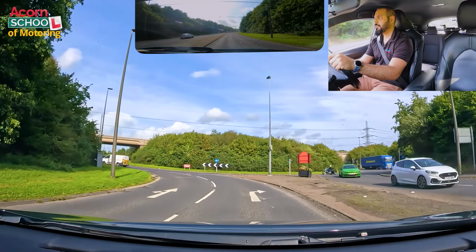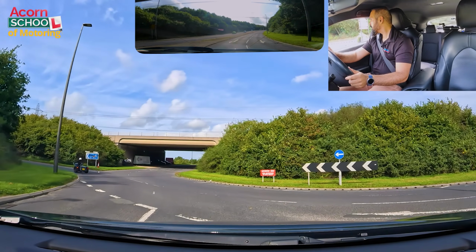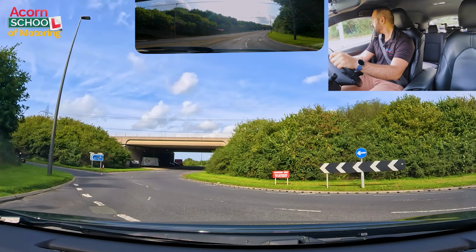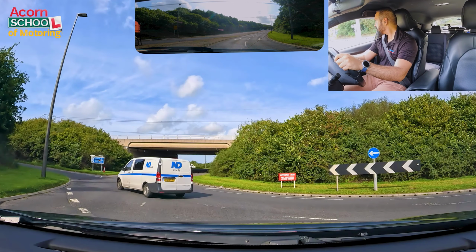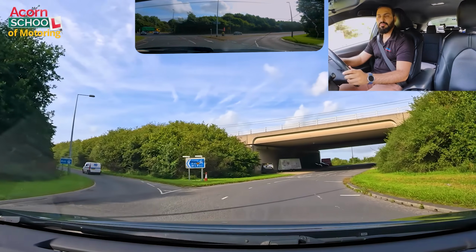So as you're approaching, again, you do your MSP, SL and LADA. You slow down, mirror, signal, positioning, start looking early, so looking to your right, and if nobody's coming, and this is where a lot of people get confused. So when you go, if nobody's coming from the right, that means people will be coming from the services or from the motorway or from the fourth exit, so from the other side. So if nobody's coming, you go, you keep your car to the right side,